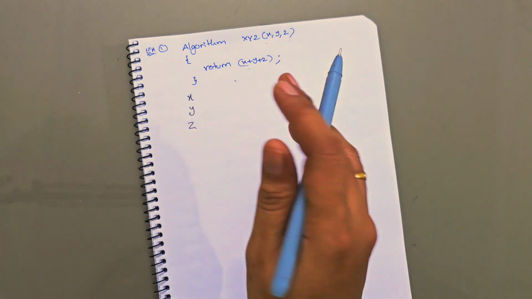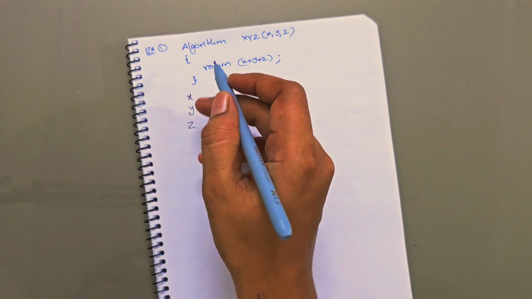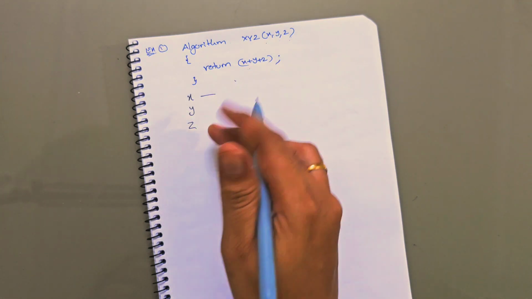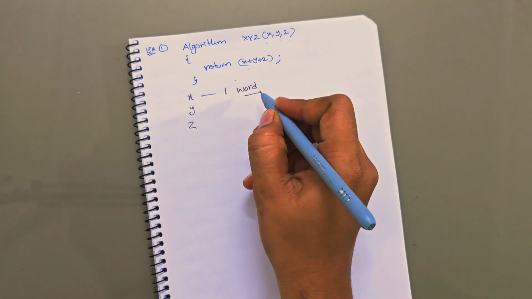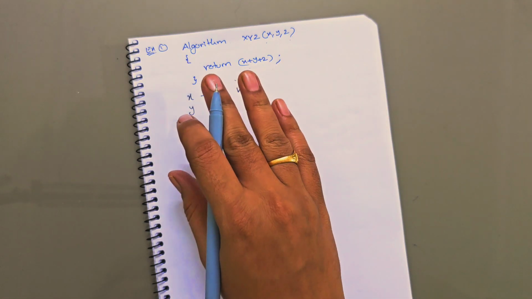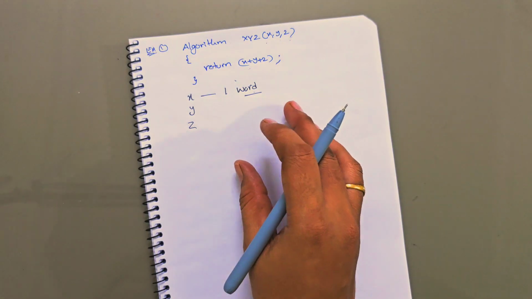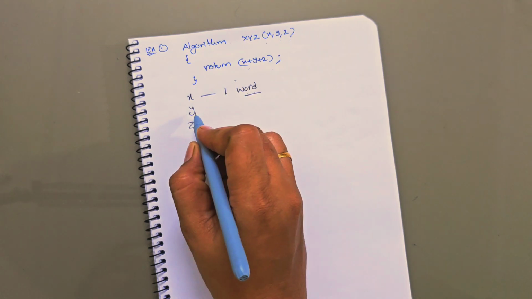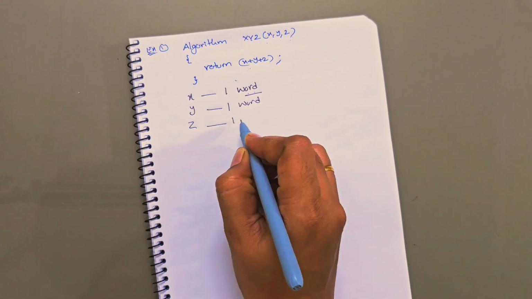Okay, we don't know the exact bytes required by that variable, right? So generally, to calculate the space complexity, for each and every variable we take it as one word. One word may be 2 bytes, 4 bytes, or 8 bytes. We don't know, because the data type size differs from compiler to compiler and language to language, right? So here we generally take one word, and Y takes one word of space and Z requires one word